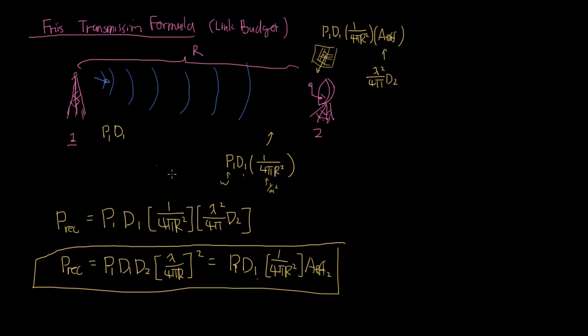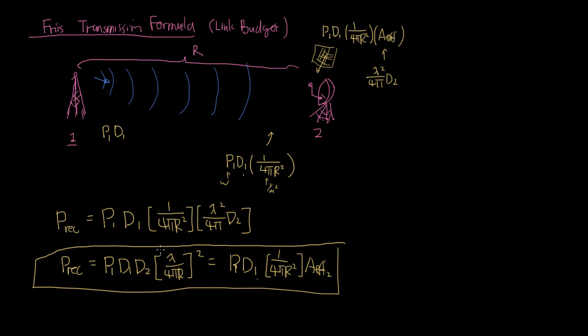You start with your transmitting power in watts, you get a boost or a penalty, depending on how favorable your direction of travel between transmit and receive is relative to the antenna field pattern. And then as you get further and further away, it diffuses as a function of 4 pi r squared. And then you multiply it by the effective area on the receive end to figure out how much power